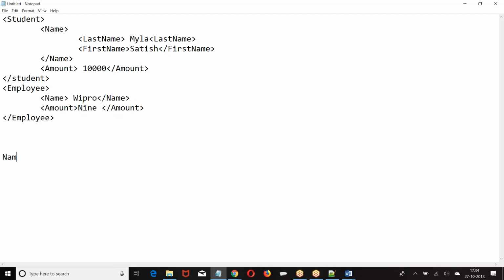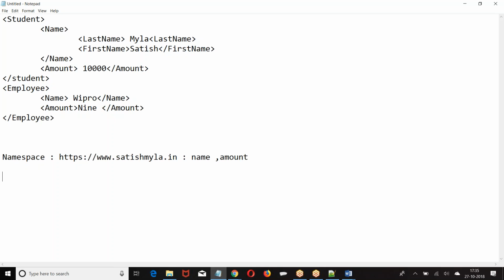There is a reason we are defining namespace. Noting here, the definition of name, amount is given. So name is last name, first name; amount is 5 digits. Okay, it should be a numerical format. I have defined.